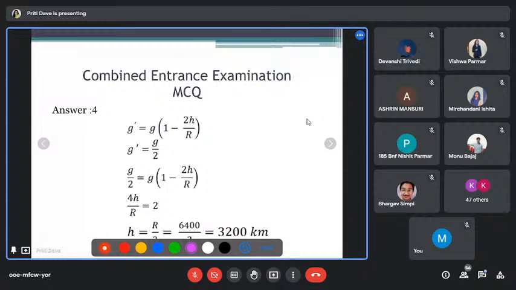Now I want the height at which the gravity will become half of what it is on the surface of Earth. So substitute that. G and G will get cancelled. You open the bracket. You will get 4h by r is 2, or h is equal to r by 2. That is 3200 kilometers. So if you go up